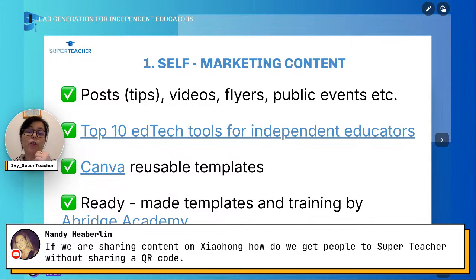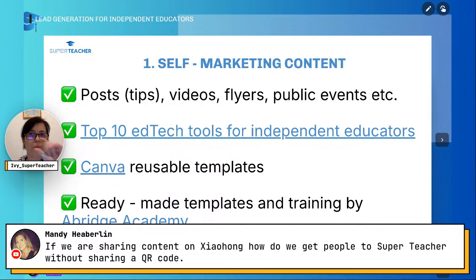The moment they find you on Xiaohongshu, usually parents figure you're a foreign teacher, a person talking about English or whatever subject you teach. And then they will try to find you. If not, you can just say, let's chat about it privately, and they will figure it out. Just don't mention classes, and don't share links and QR codes even in the chat. So the goal from Xiaohongshu is to take them on WeChat, and from there on you're good to go.